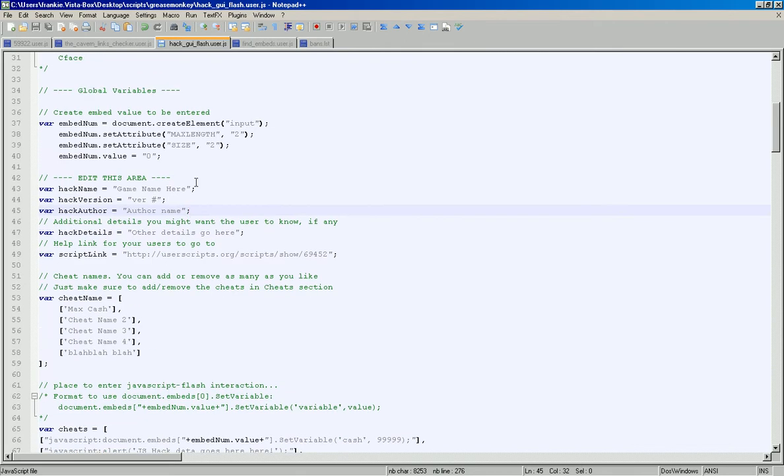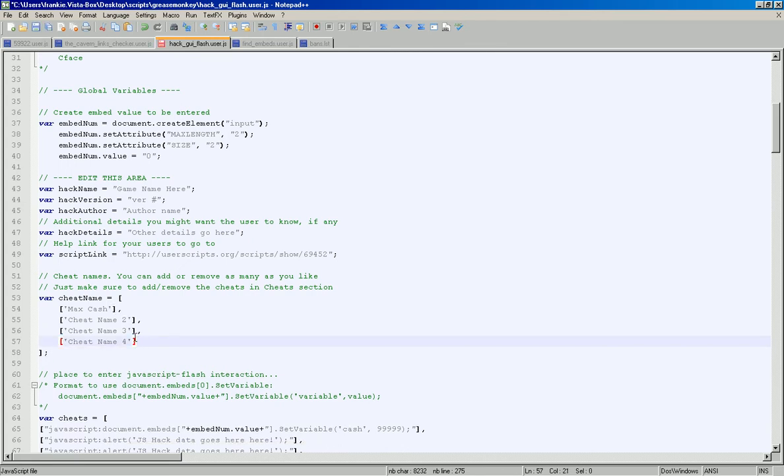Okay, so let's say, I don't know, you want to create a cheat. Say we put our name in here, whatever it is the end user is going to see. The game name for our instance, we're going to use Stick RPG Complete Hacks or whatever, it doesn't matter. And then we go to 0.4, author name, whatever your name is, if you want to take credit for it, it doesn't matter. Any specific details you want the person to know about,